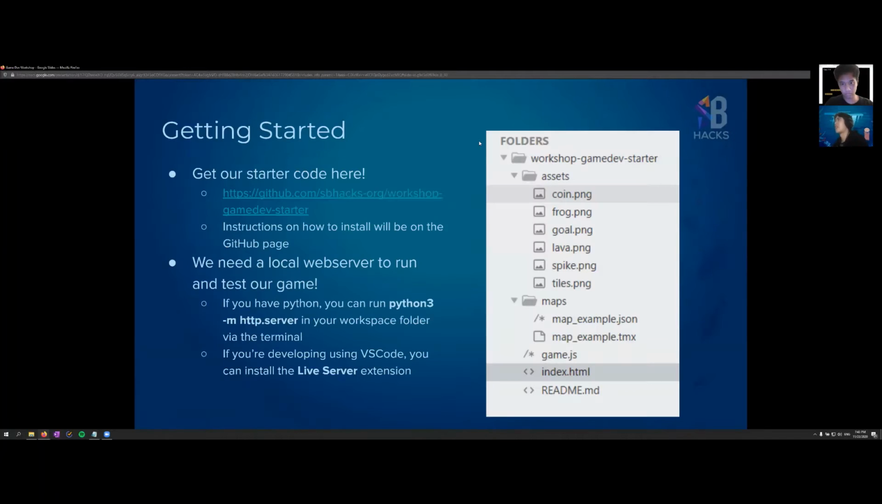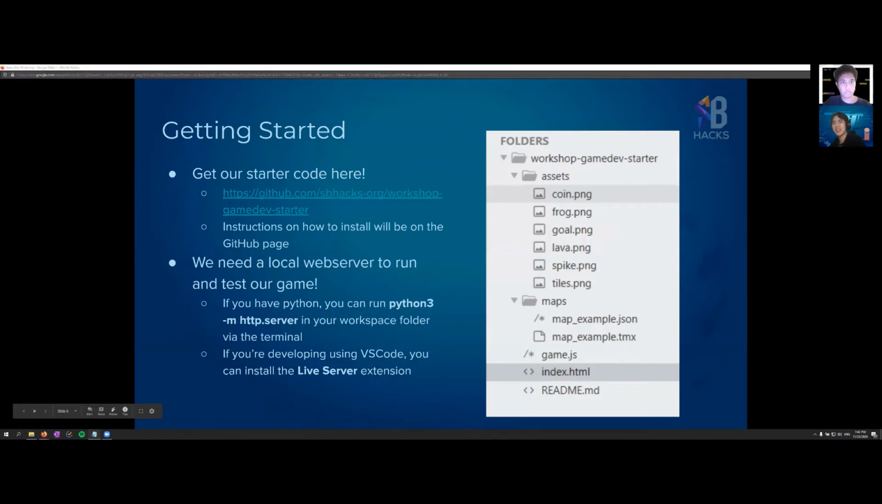So to get started, you want to get our starter code over here. I'll send a link in the chat, unless someone has already done it. Okay, so Jared's already got my back, and he's already sent in the code. Awesome. So you can just pull from the repository itself, or you can download it as a zip file, however